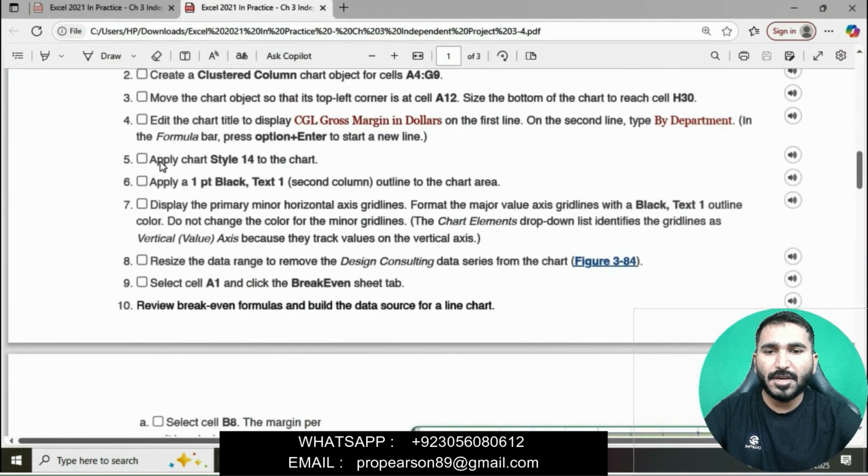Now point 5: apply chart style 14 to the chart. Simply in this question we will apply the chart style.